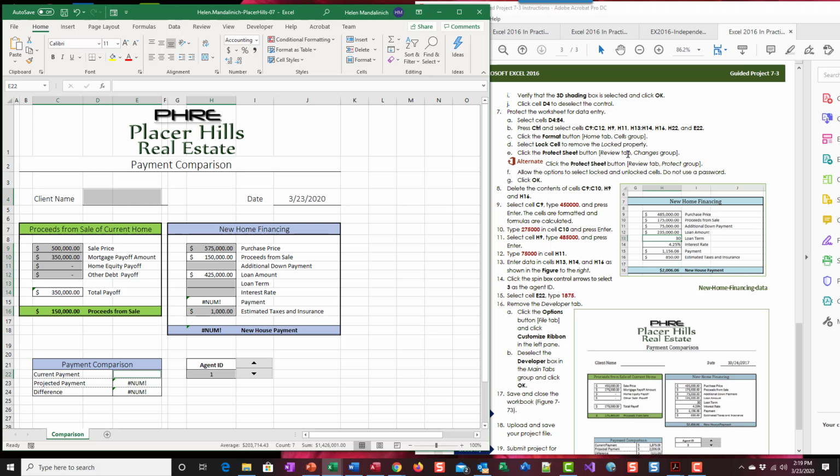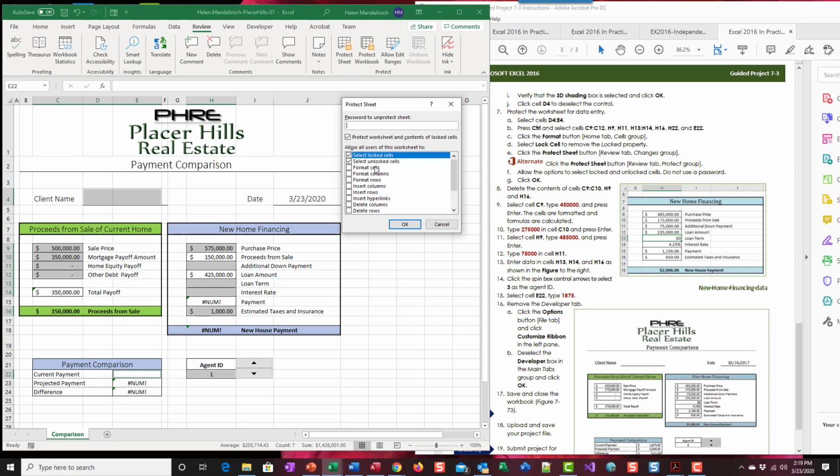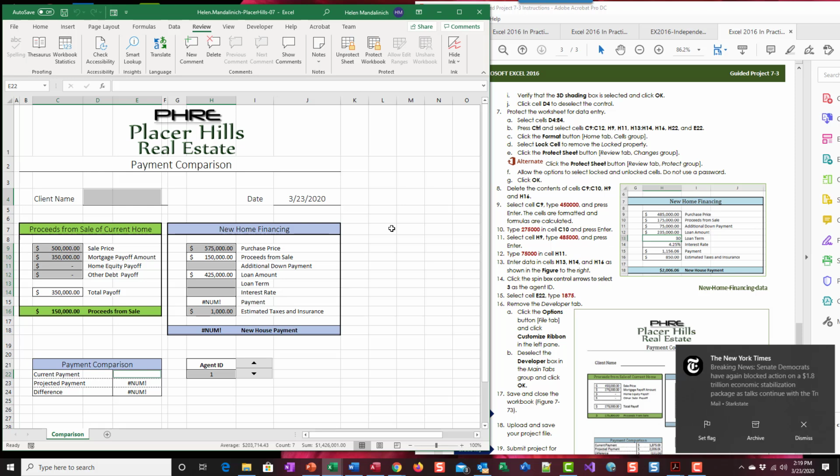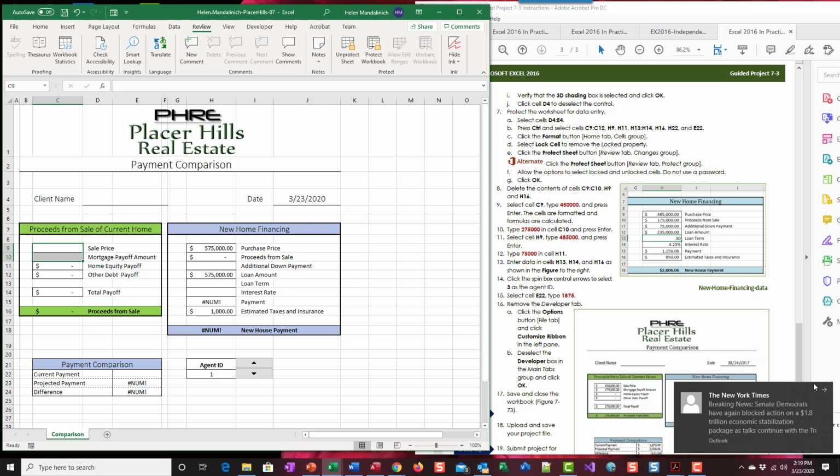So now we want to go to the Review tab, Protect Sheet, don't use a password, and click OK. So now we want to delete C9 through C10, H9,